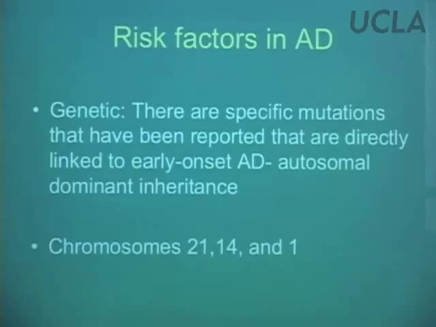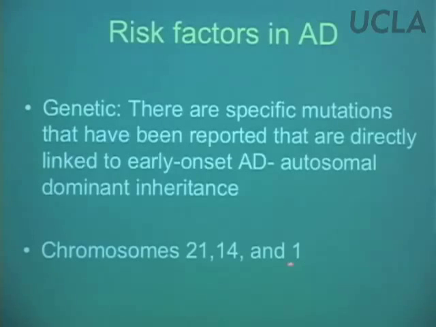And in some of these pedigrees, they have detected the gene seems to be on chromosome 21, 14, and chromosome 1. There's some families in Japan and one in Sweden, several in the United States that have been studied really extensively. Now, the majority of patients with Alzheimer's disease don't fall into this category. However, these genetic cases have been very interesting because we can see what the mutated gene is doing, and maybe that'll give us some insight into what's causing this in the typical cases.